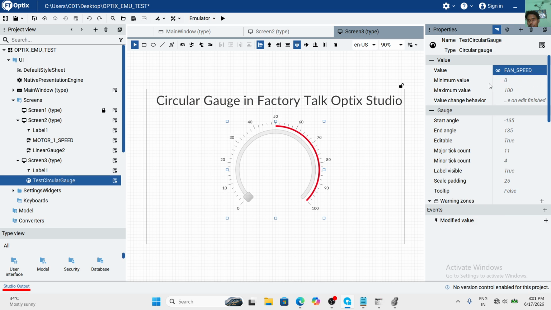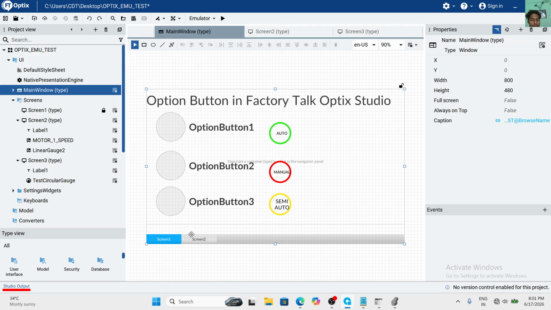For the fan speed tag, its minimum value is 0 and maximum value will be 100. Now I have to run my emulator, go to the main window, and call screen 3 in the main window.